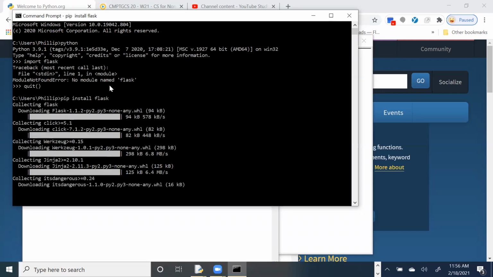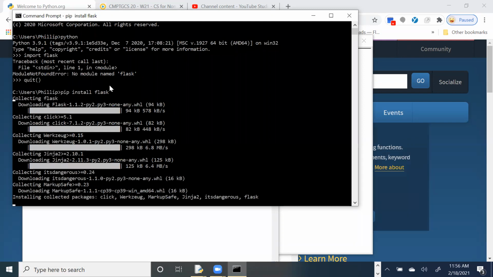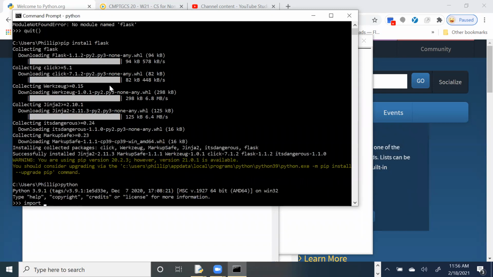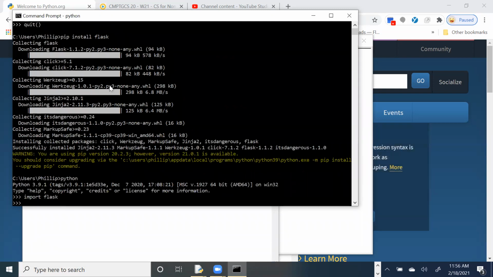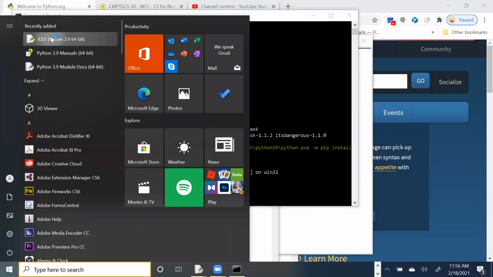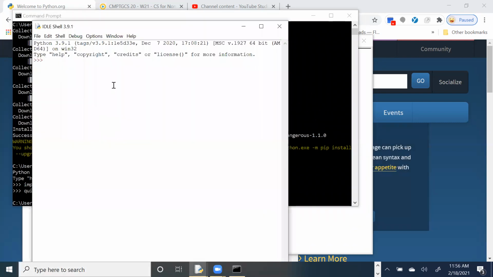there we go. Now it is installing it. And after I do this pip install flask, I should now be able to go into Python and say import flask. And it works just fine. It knows what I'm talking about. So, and then if I go back into IDLE, so here's IDLE, and I say import flask,